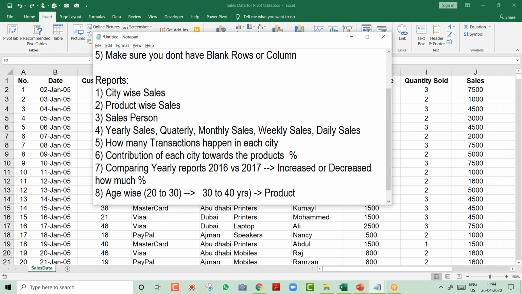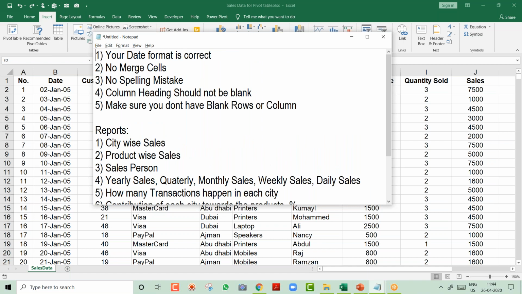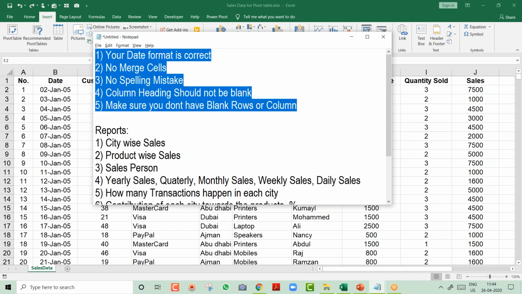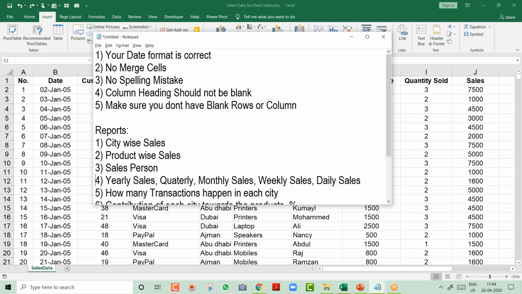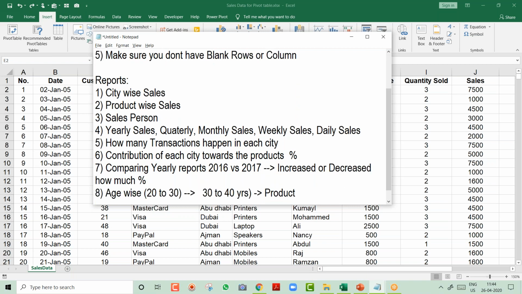Yes, very good. So now, friends, this was the last 5 minutes. First we discussed how your data should be. Your data should be clean with all these 5 things. The other thing is we decided what reports we should create. So we decided on the report part. Now it's the third step, and we have a good number of participants to go ahead and create the report. Okay. Now, friends, let's get started.